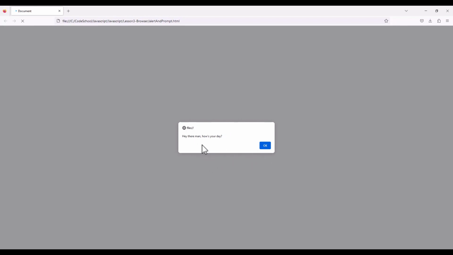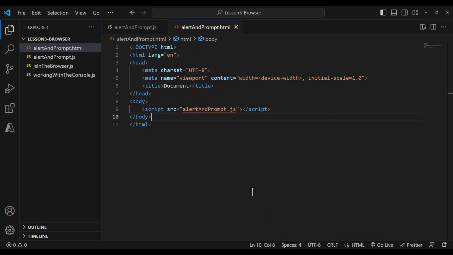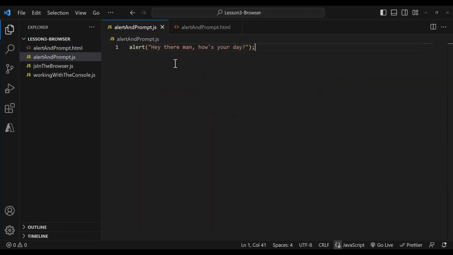We'll have a little box with an OK button to dismiss the alert, but this is a way to show a message to your user. For example, this might be great if they do something and you want to let them know, hey, here's the result of what you did. Maybe if you do a prompt, we go back here, maybe we could prompt them and be like,